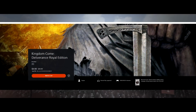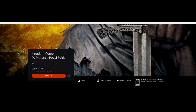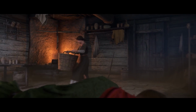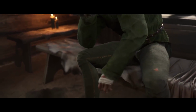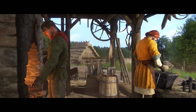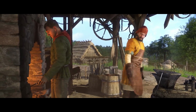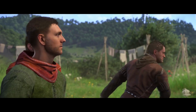But Kingdom Come Deliverance Royal Edition is 75% off for $9.99. This is an RPG that is starting to become a little bit forgotten about. Would I say that it was perfect? No. And I don't think it's going to be the game that everybody is going to really enjoy. It does have a layer of challenge to it. It does go for more of a realistic route, but a very good historical RPG that visually looks really good, a bit buggy at times, a very good story here,